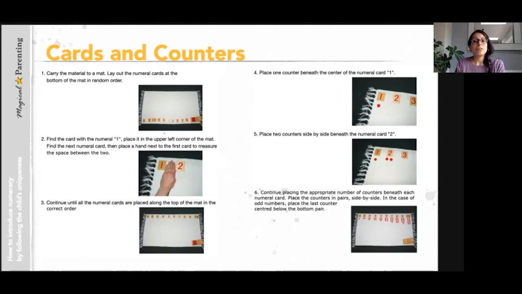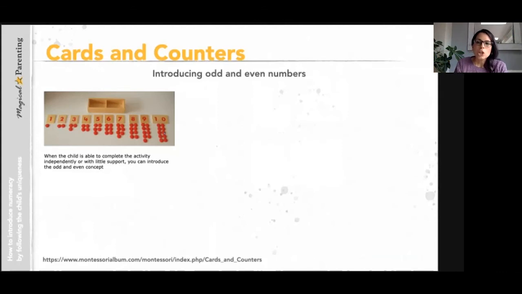Or you can make different versions of cards and counters too, so it doesn't become boring, or becomes interesting. So if the child can then do from 1 to 10, here you can introduce the concept of odd and even. In this case, again, you have from 1 to 10. After he plays everything,